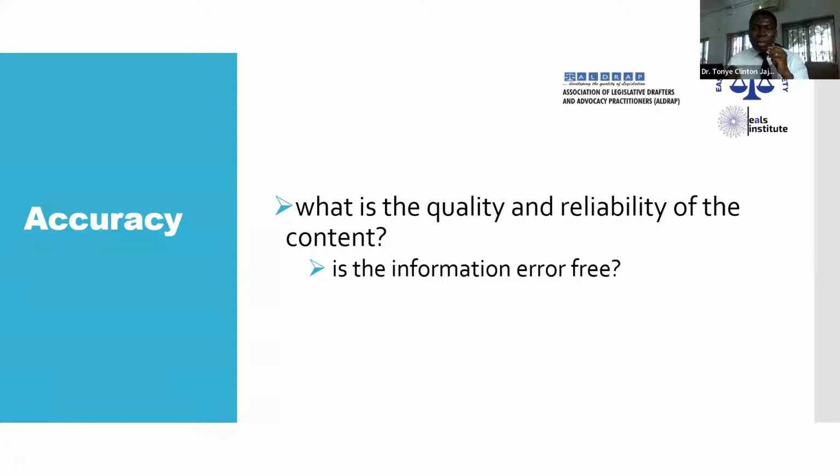The date. You don't just go to a website, you check the date the information was posted. Is it accurate? For example, if you go to the Nigerian Population Commission website, the population of Nigeria 10 years ago was about 120 million, but now it is 200 million. So you have to be accurate when you're visiting a website. Look for the most up-to-date information.